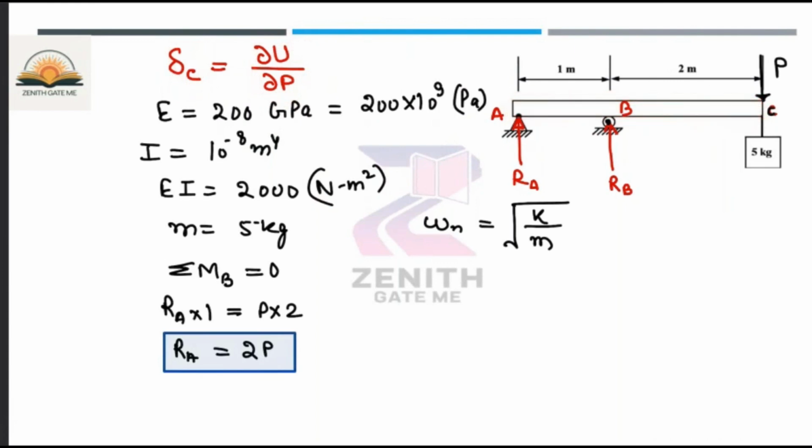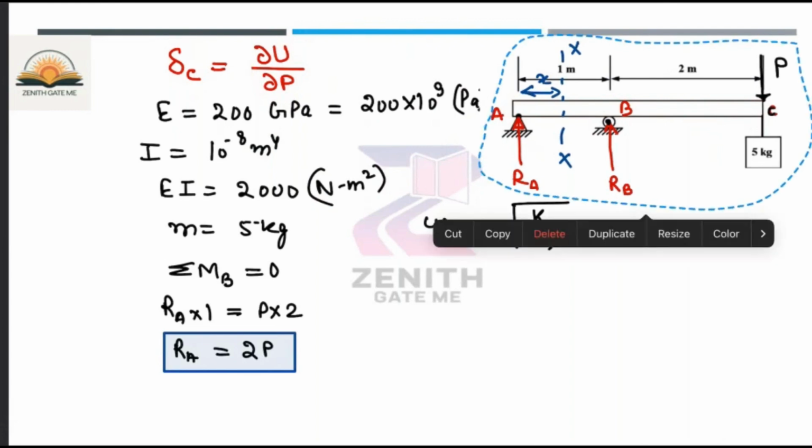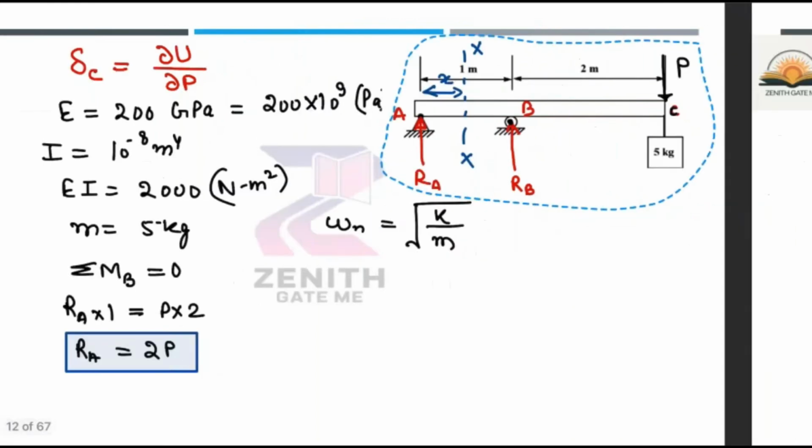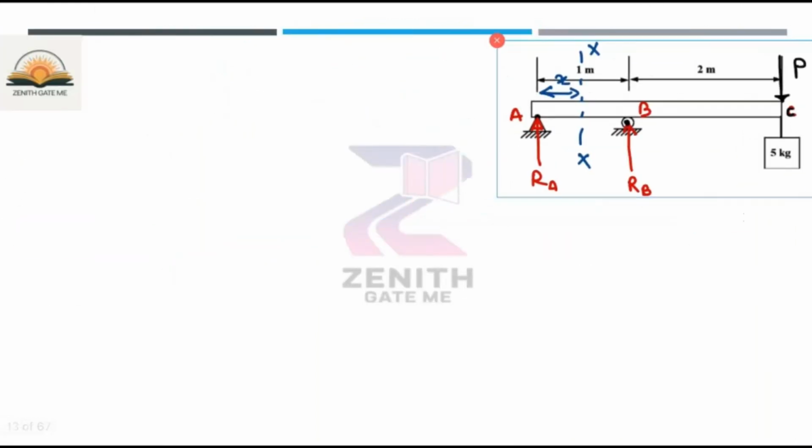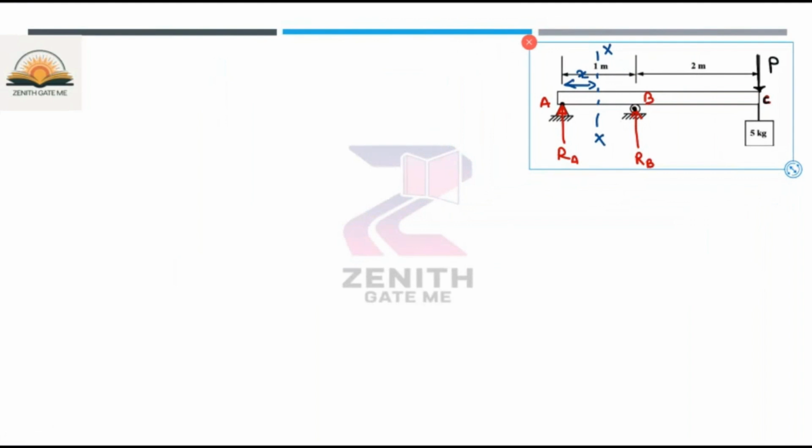If I want to write down the expression for the portion AB, let us suppose I have taken a section X at a distance of X from the point A. Let me take this diagram so that it will be easy for you. So for portion AB,